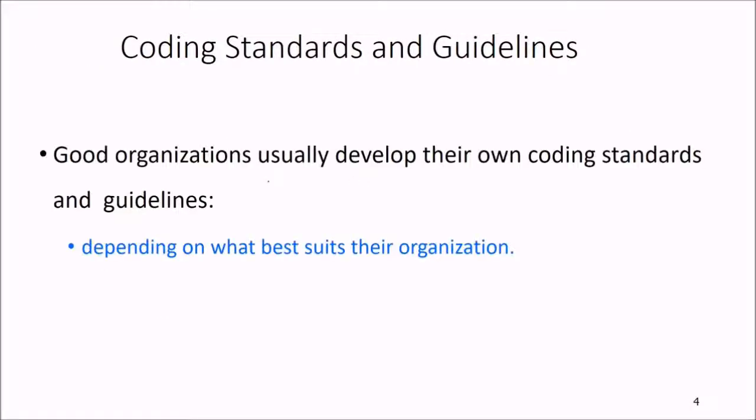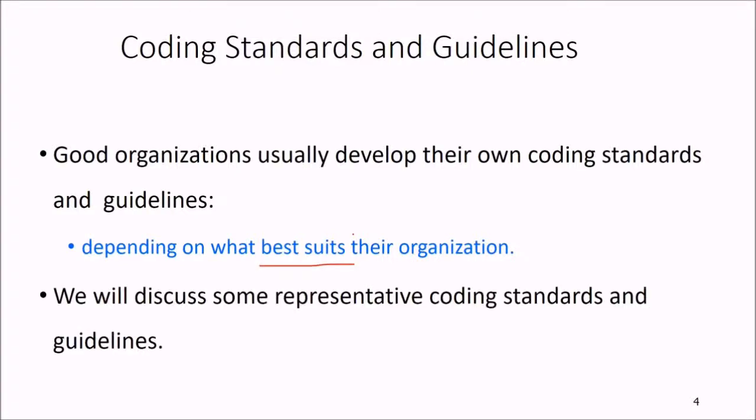Then coding standards and guidelines. What we have talked about is that good organizations always follow certain coding standards. The coding standards which we have, like MISRA, JSF, etc., are quite stringent, and they force you to comply with various programming level concepts which are sometimes difficult to actually realize. So good organizations develop their own coding standards and guidelines, and this is different for different organizations, whichever best suits your organization.